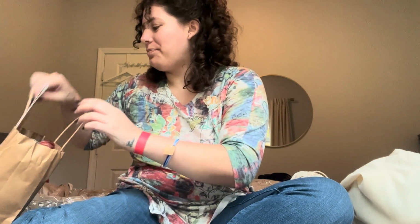All right, I am back in my room, relaxed a little bit. So we have 5 bags of yarn to go through, and I know that at least 1 or 2 of the bags have multiple dyers in them. And I'm gonna be totally honest, I just bought whatever I wanted, so I don't actually remember what's in most of these bags. So we'll start with this one,